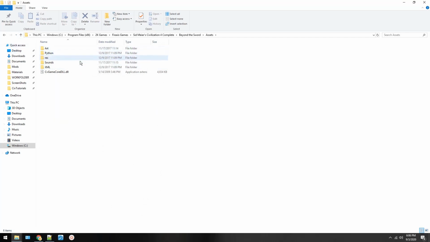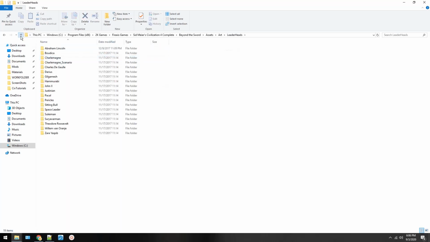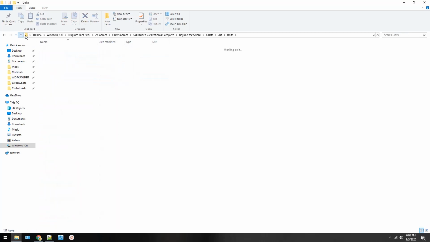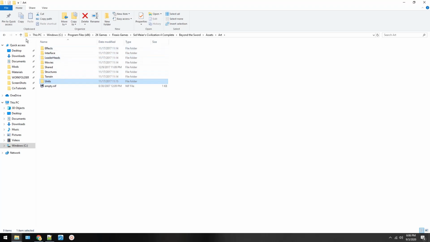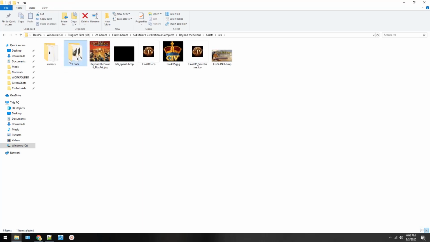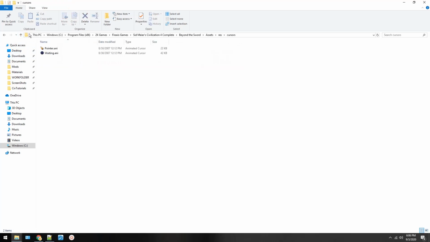So here we have the assets. There are six main things in the assets folder. There is art. Here's where you find leader heads, movies, the little buttons, which are the pictures that you see, the units, the buildings, the wonders, everything that's artistic in the game mostly is in the art folder. The one exception is the res folder. The res folder has fonts and resolutions,